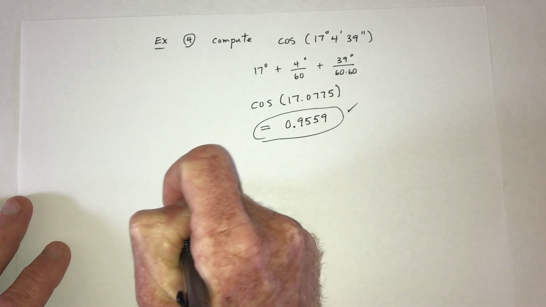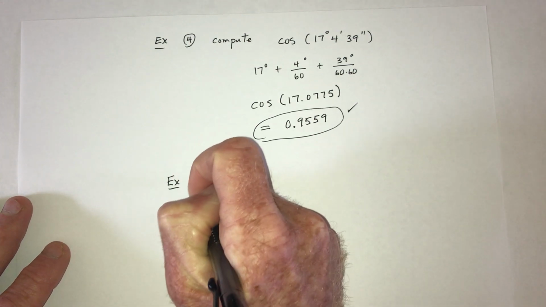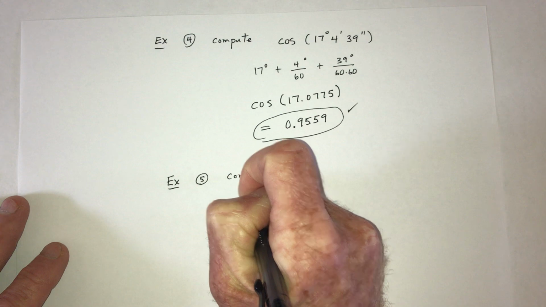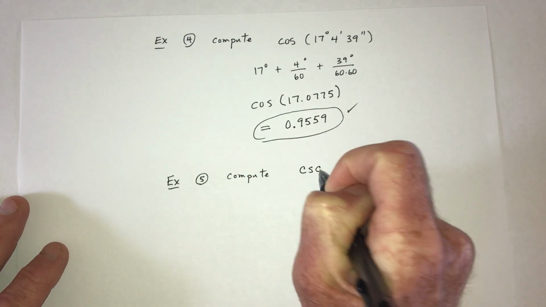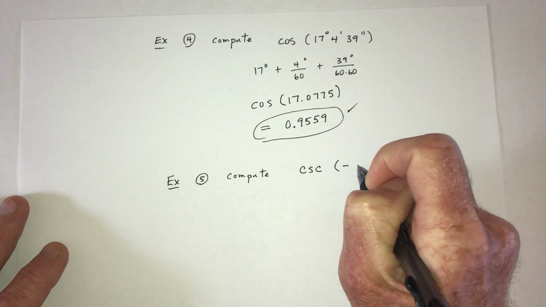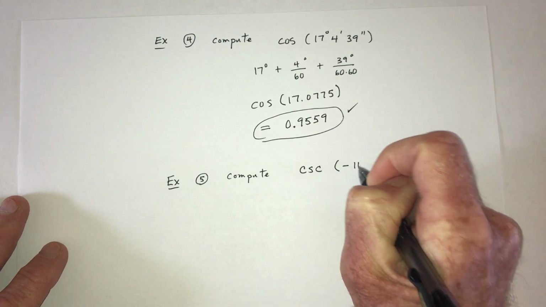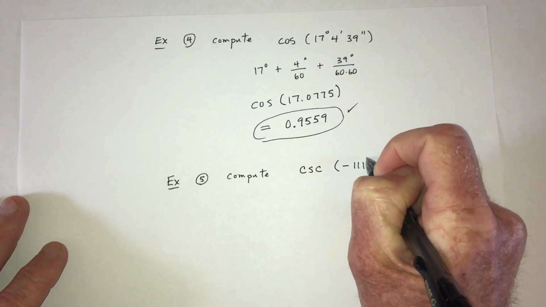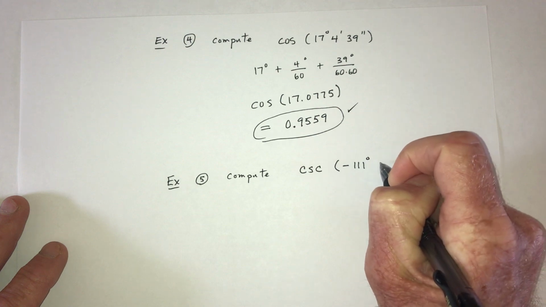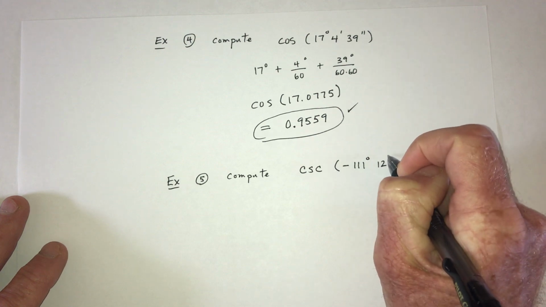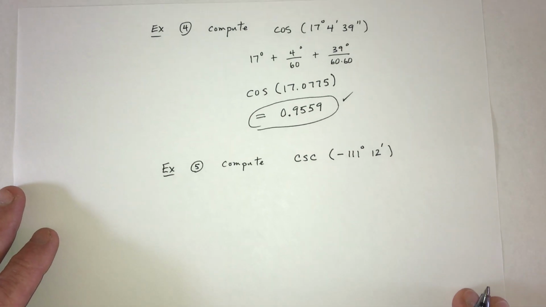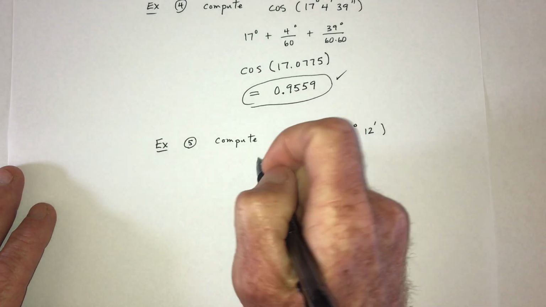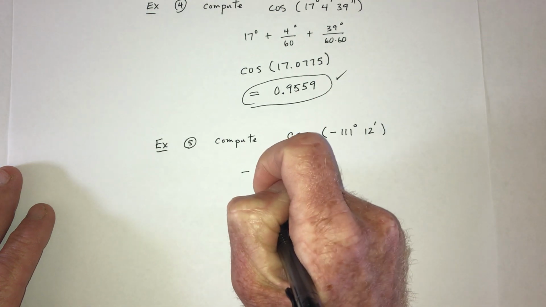Example number 5. Compute cosecant of negative 111 degrees 12 minutes. Okay, so first the negative